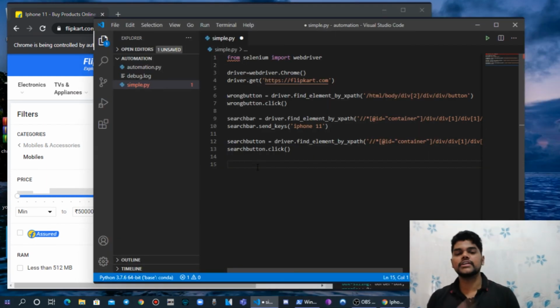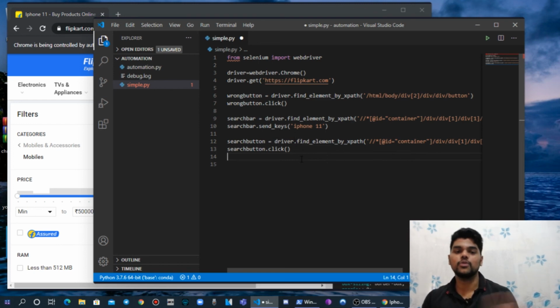So that's it guys, only click function and sending keys, and these are more than enough to do any automation in any website. As I said previously, I have tried with my college website and accessing my social media accounts, and so many fun things you can do with this automation. So try on your own for any website, and whatever things you do online daily, you can automate your whole daily tasks with this automation. I don't want to go more in depth for this automation because these are the most basic things. If I go through this tutorial, you can see only these things: click button and send keys.